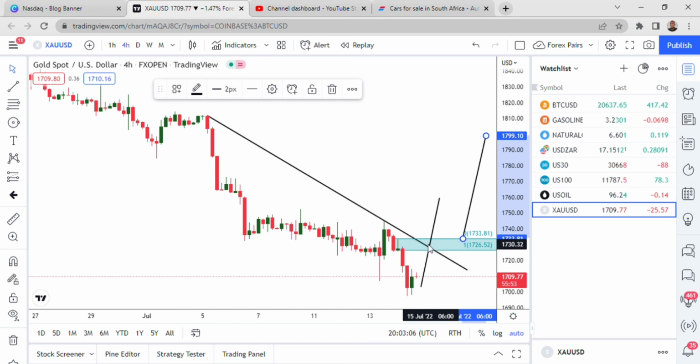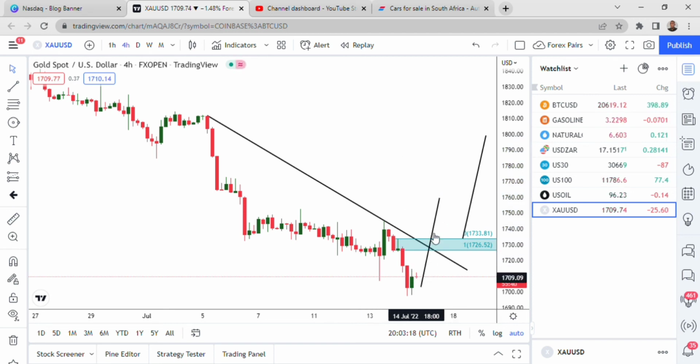So you can't buy here and say it's going to break the trend line. How do you know that? How do you know that the bearish trend line and the resistance are not going to win and push the price back down? Those are the things that I wouldn't encourage you to trade against. Rather wait for the price to break those so that you know they don't exist anymore. When I'm buying after the pullback, I'll have enough profit margin. That's how you should trade.